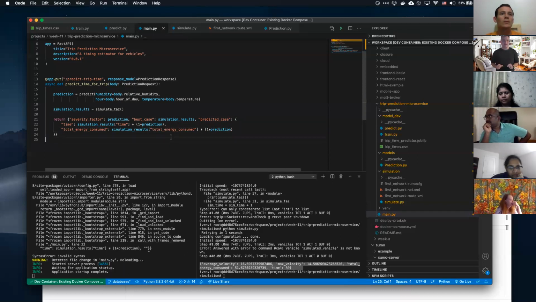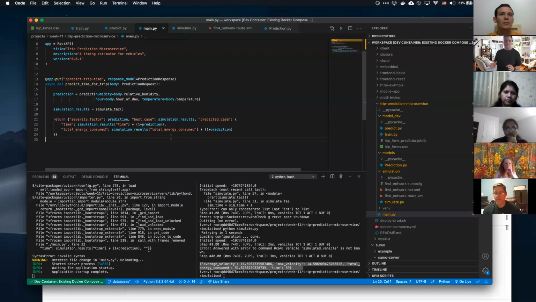If you know anything about electric vehicles or vehicles in general, not really. It's not like it's linear, right? Just because your trip is longer doesn't necessarily mean that you're going to consume more energy in the same way as if you were driving. So we're doing some hand waving here, but you can still do this, right? In fact, we could have done better. It's really simple. It just means we do more with our SUMO model, right? We could actually run it for that worst time. Once we know that prediction, we can actually run it and get the real fuel consumption.